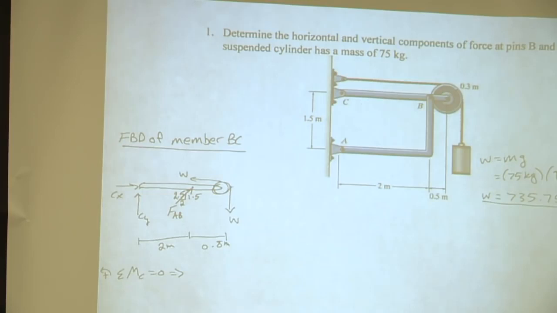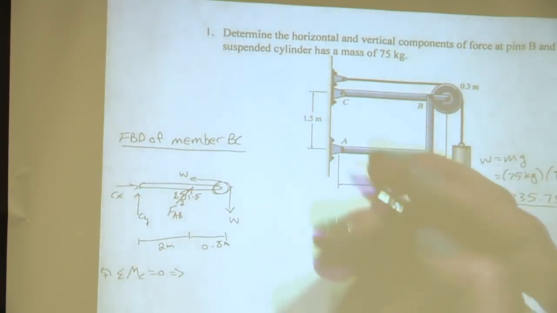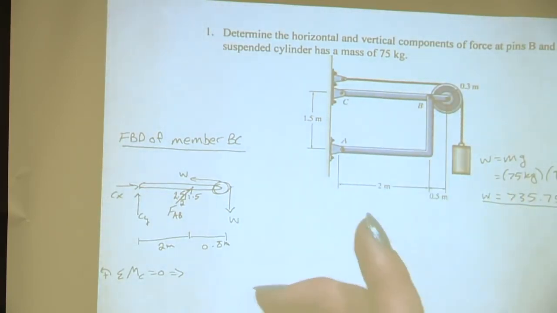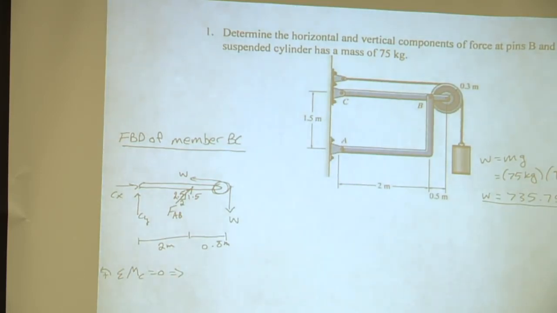Okay, awesome, so 3. So let's start with FAB. Now, does FAB have a horizontal and vertical component in this equation? Not this equation. Okay, so which one isn't in this equation? The horizontal. Okay, awesome, so the horizontal isn't going to be in this equation, and why is that? Because of the line of action of the moment. Awesome. So its line of action passes through point C, so its perpendicular distance would be 0, so it